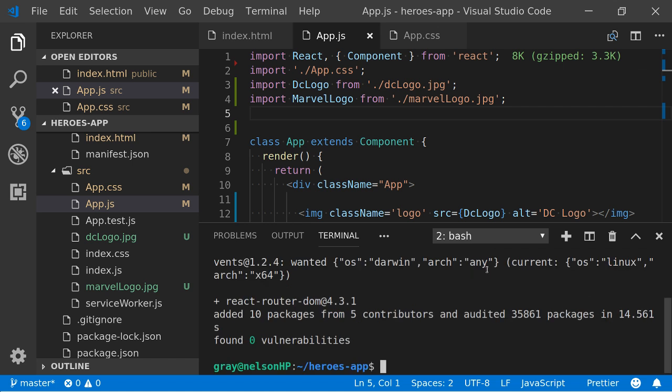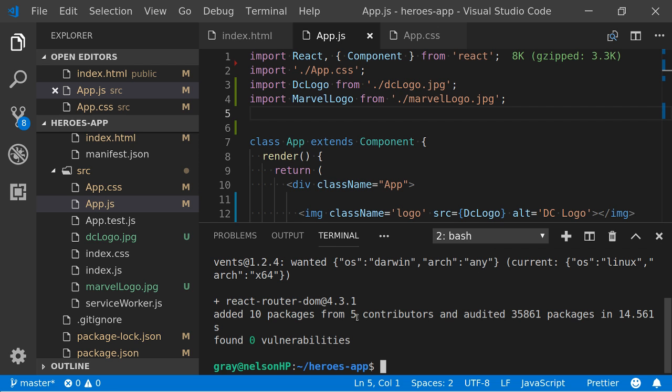Should that be a -G as well for global? You shouldn't need that one global because the global just applies to things that you're using in the command line to give you that command line interface. We're not going to use React Router DOM from the command line. We're only using it for this project. So we're just going to import it in this project, so we shouldn't need the global. It won't hurt if you put the global, but not needed in this case.